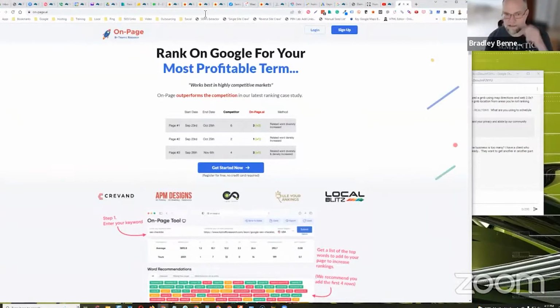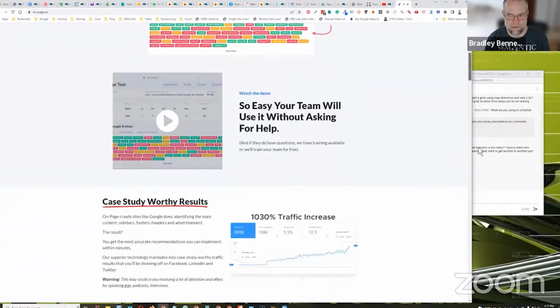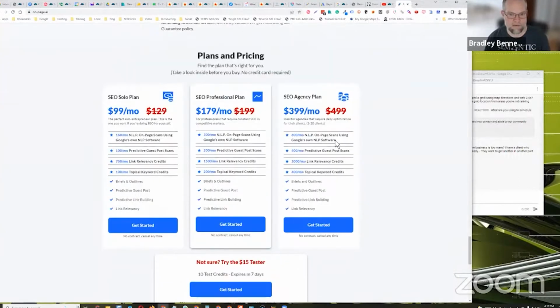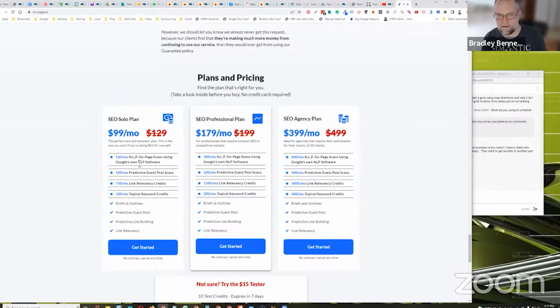But On-Page.ai, this is a really, really, really good tool. It's expensive. It depends on what kind of volume you're doing, but if you're doing a lot of volume, like I do with my link building agency now, it's pretty expensive. Actually, right now he's got it on sale. That's pretty good. But it's an expensive tool. I mean, it's no different than Surfer for this plan. If you need higher limits though, it's a bit expensive. But this is a great tool.